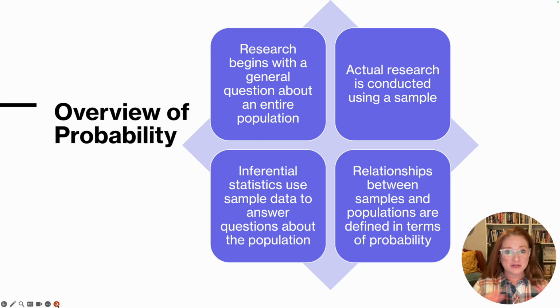Okay. So just kind of a broad overview with probability. So all research begins with a general question, something that we want to learn more about, usually about a population, but we don't have access to a population, so we grab a sample. So the actual research usually is done with a sample. And so we take a group from that population, and then we gather data, and we gather inferential statistics. We use that sample data, and we use what we learn from that sample to infer then back to the bigger population. And then we look at some relationships,